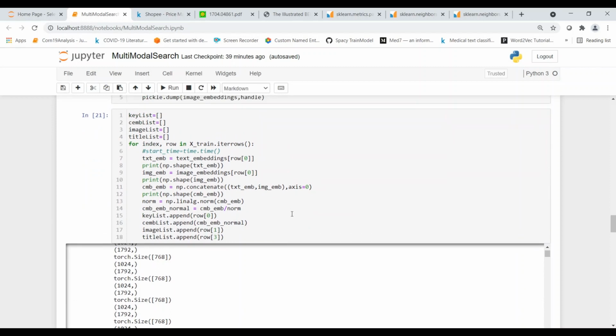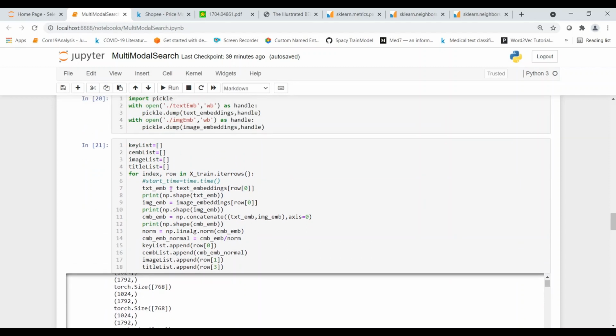Then now I try to create a joint embeddings. To create a joint embeddings, for every instance in our train data, I get the text embeddings from our dictionary, I get the image embeddings from our image embeddings dictionary, and I concatenate them over here for our combined embedding or joint embedding.